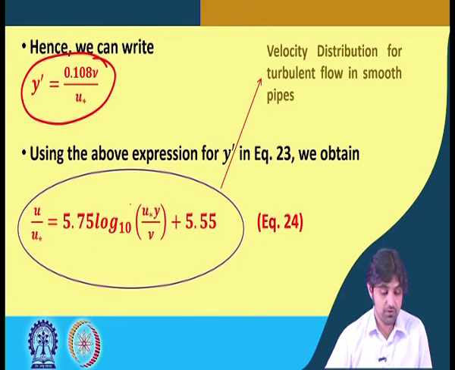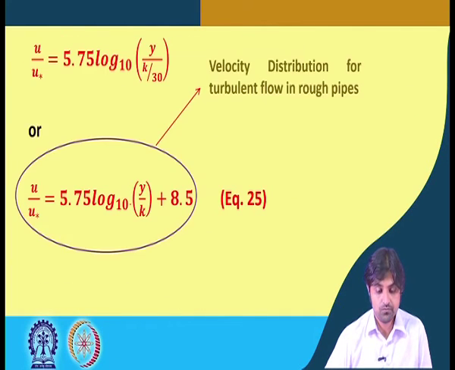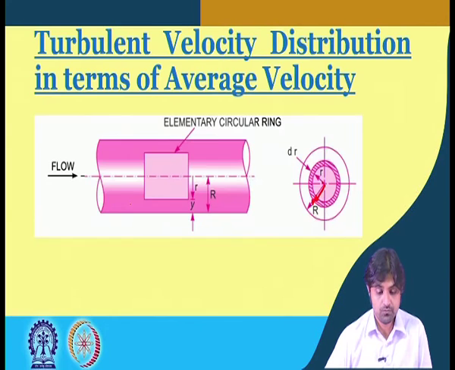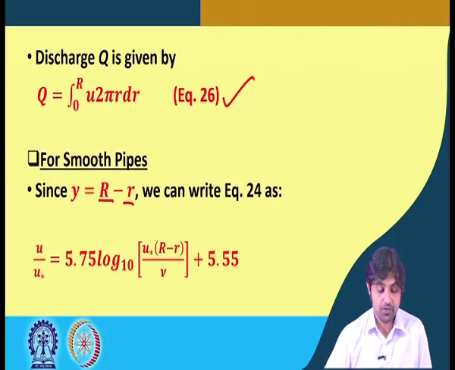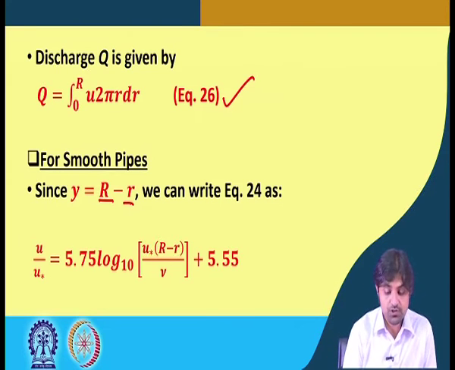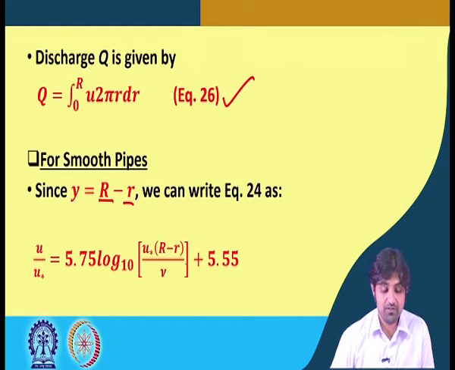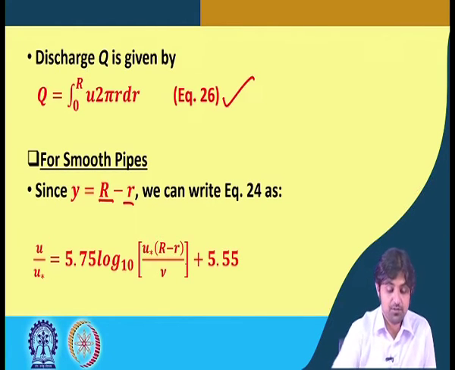So, this was equation 24. Yeah, equation 24, u by u star can be written as 5.75 log 10 u star (R minus r) by nu plus 5.55, and that we have to substitute in Q,